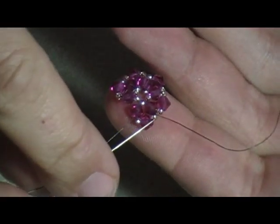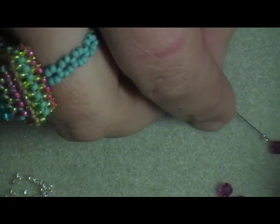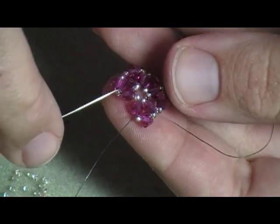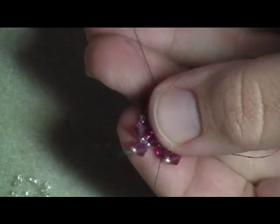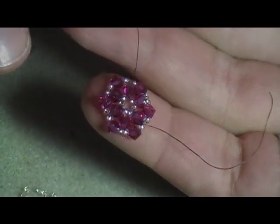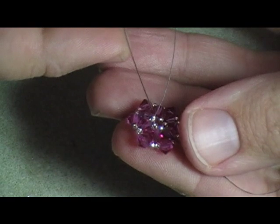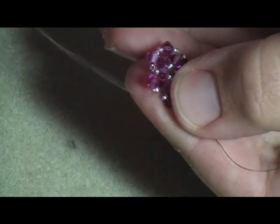But now I have a segment here that I'm missing that I need to add. So I'm going to pick up a seed bead, a crystal, and a seed bead, and I'm coming out of this first crystal here. I'm going to take my needle and I'm going to come down through or towards the center of that last crystal that I put on, so that now I have a complete little flower component, snowflake component, whatever you'd like. But to get into position to start the next part of my steps, I'm going to go through the seed bead that I just added in the center, and then up through that first crystal,